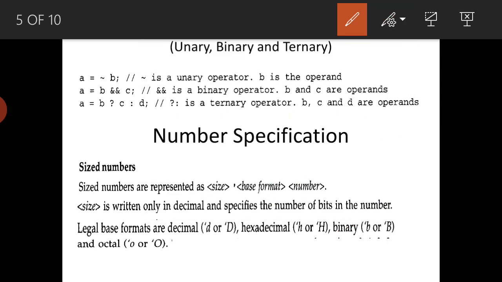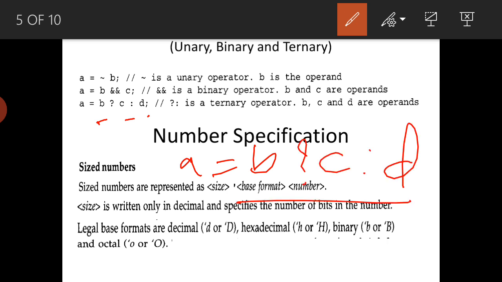This ternary operator operates on three operands: B, C and D, similar to the conditional statement in C. So A is equal to B question mark C colon D. How will this work? If B is true, assign the value of C to A.